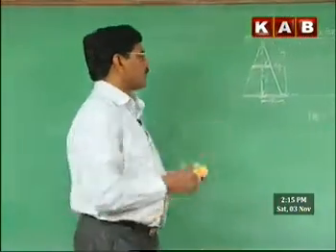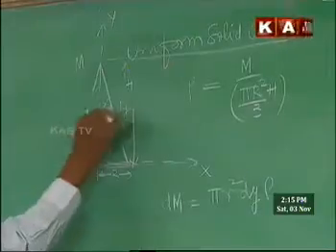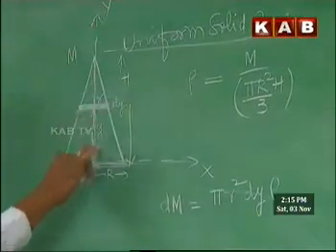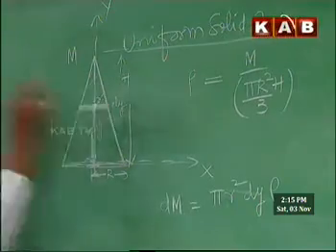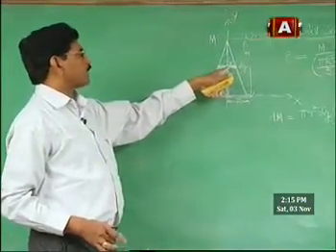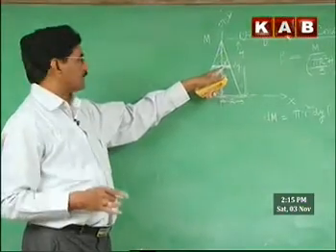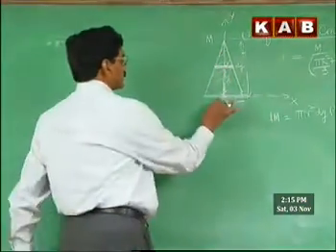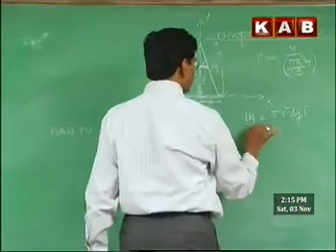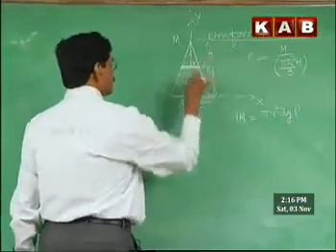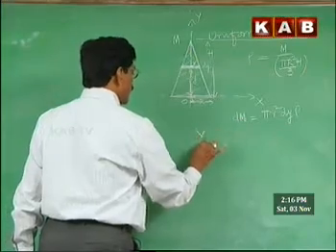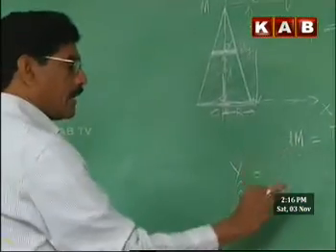It's a uniform circular disc we are considering, of this much mass and radius r, and it is along the y-axis. Therefore, the center of mass of the disc is at its center, which happens to be at a distance y from the origin. Therefore, the y-coordinate is y.